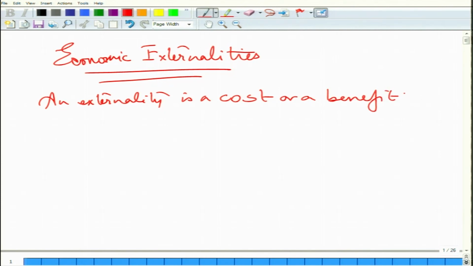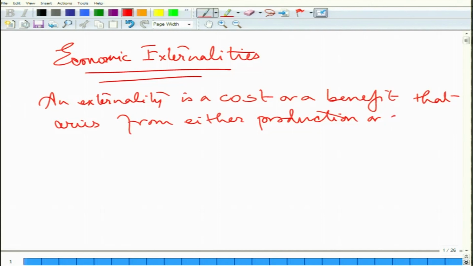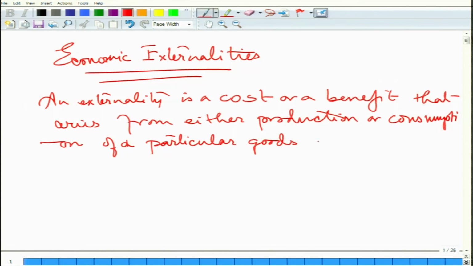It can be a cost as well as a benefit that arises from either production or consumption of a particular good or service, and falls upon someone else